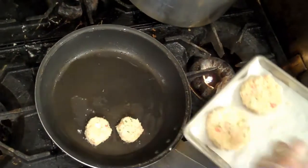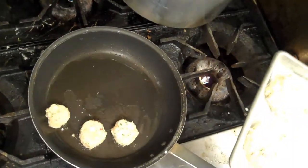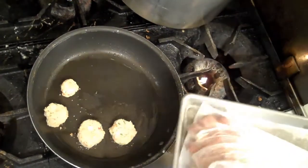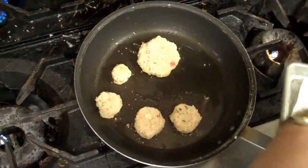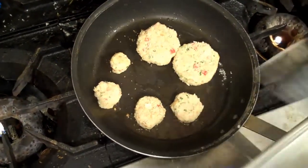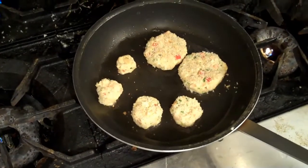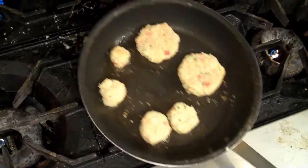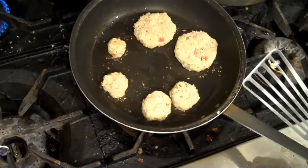Alright, so we've had our crab cakes chilling. Here's the little ones that we did. I'm going to get the pan hot before I put them in. Don't put them in cold oil, because then it'll just soak up all that olive oil. I like to use just straight olive oil, but you can use canola oil if you'd like. Get them in, move that oil around a little bit, give them a little shake so they don't stick. I love using a non-stick pan for this because it allows the crumbs to get nice and crispy